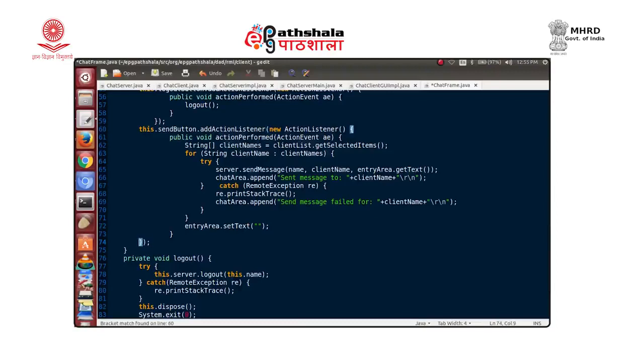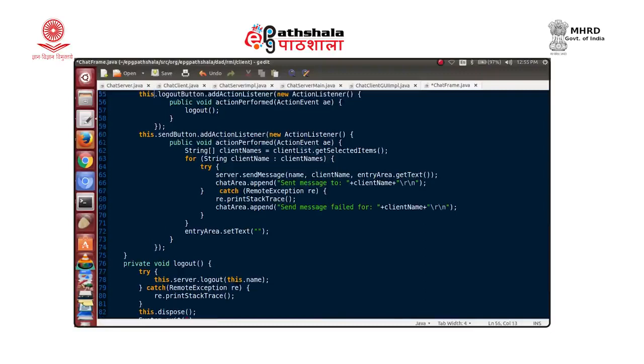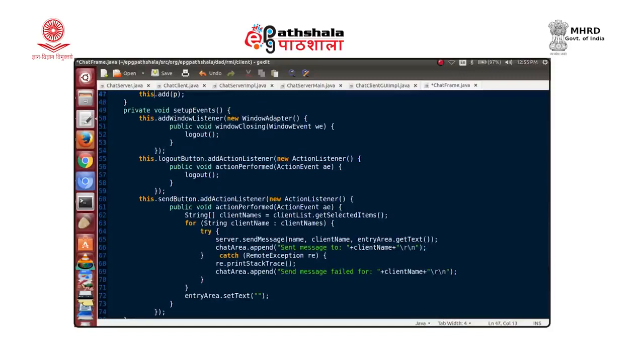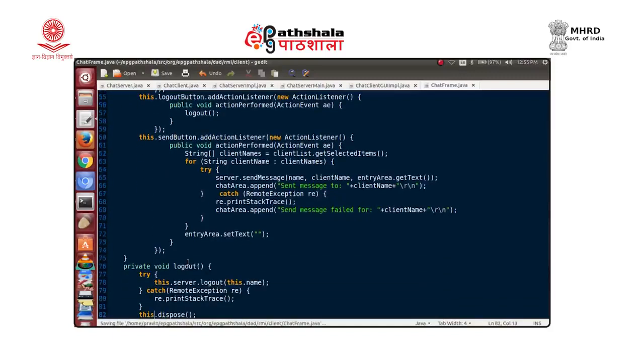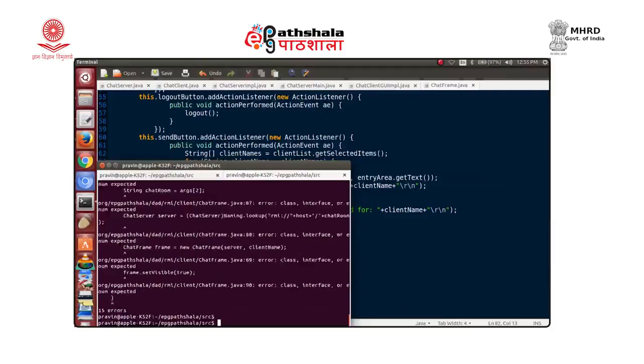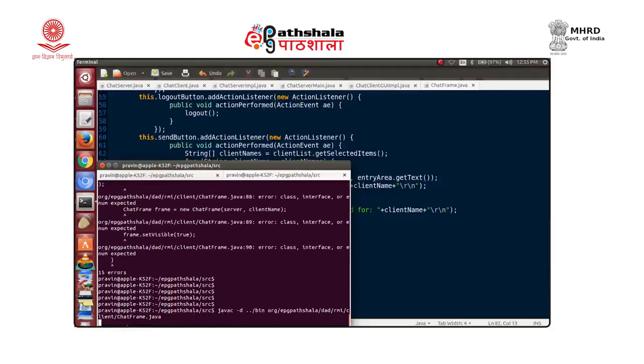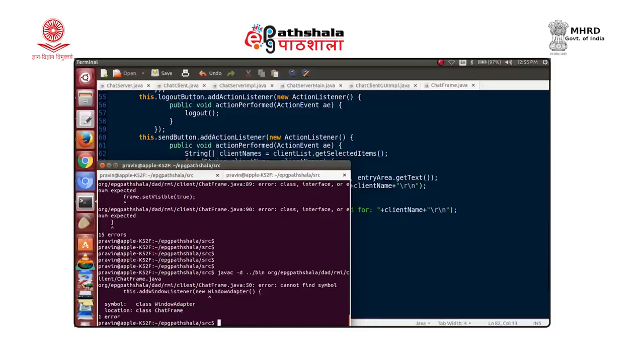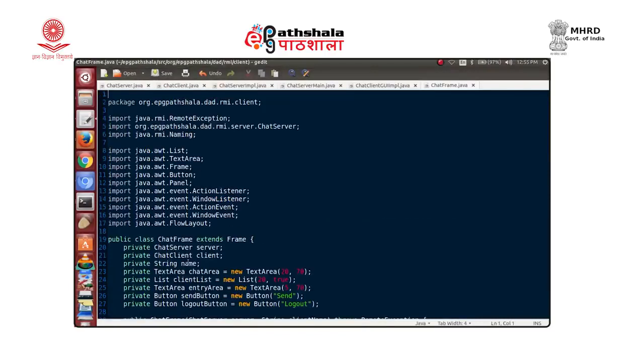Okay, most of those errors were related to that. Okay, so we have one error here. Oh, we need the import for the window adapter. Yeah, that's something we need. We'll have an import java.awt.event.WindowAdapter. Okay, let's compile now, and